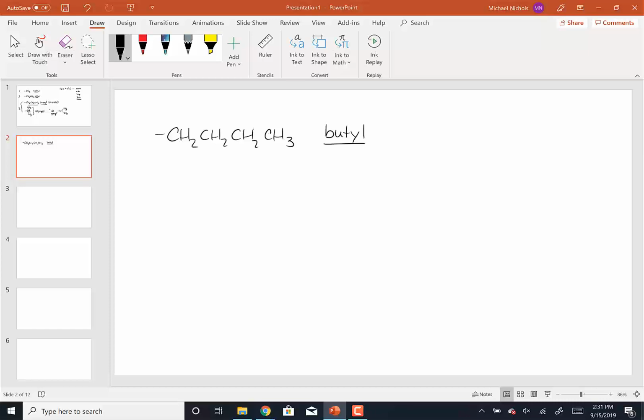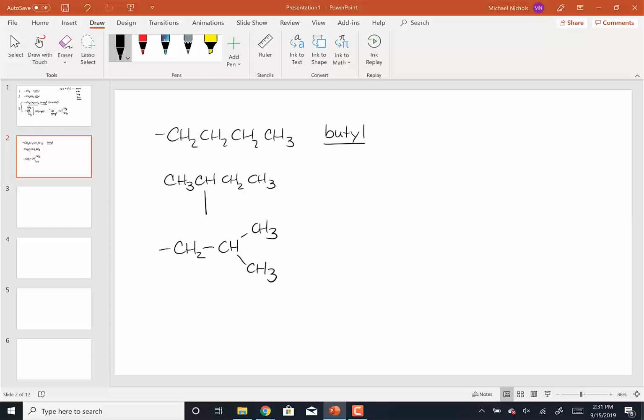Now we could make the straight chain and attach our group off of a middle carbon, and this would be one way to do this. Another way would be to actually create an iso group